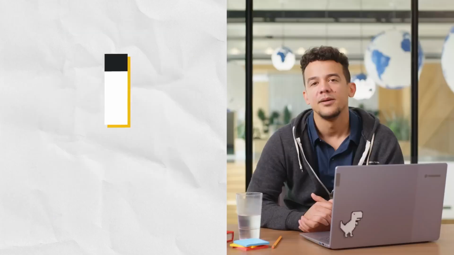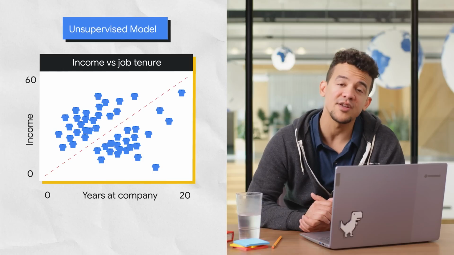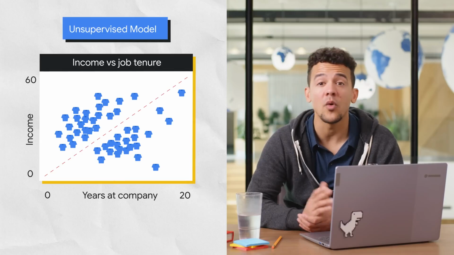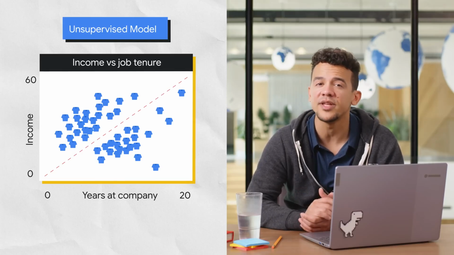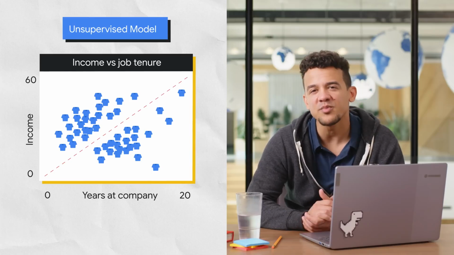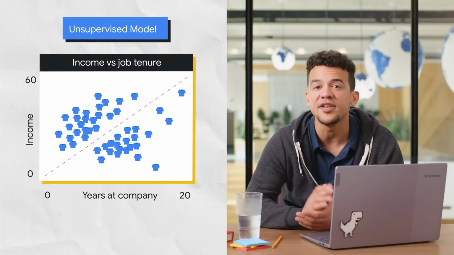They work really hard. This is an example of the sort of problem that an unsupervised model might try to solve. Here, you want to look at tenure and income, and then group or cluster employees to see whether someone is on the fast track. Nice work, Blue Shirt. Unsupervised problems are all about discovery, about looking at the raw data and seeing if it naturally falls into groups. This is a good start, but let's go a little deeper to show this difference graphically,